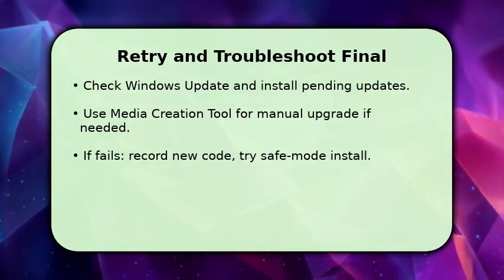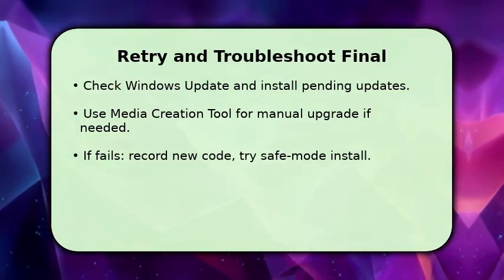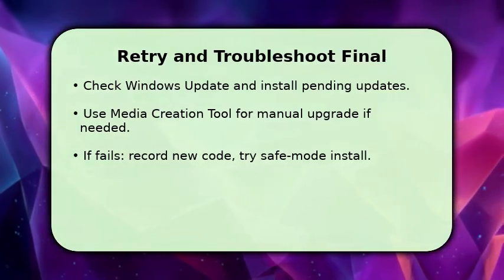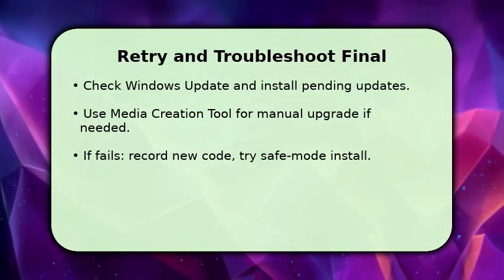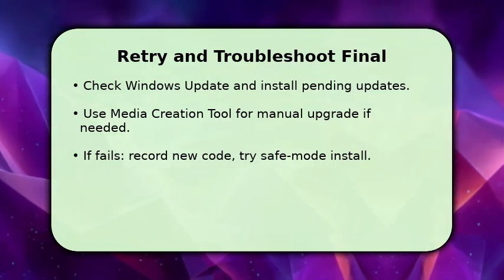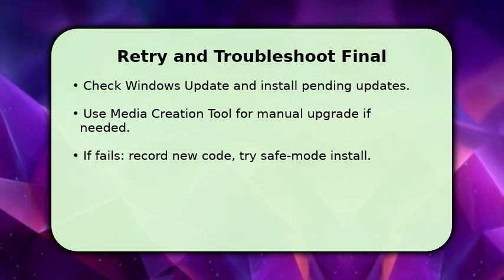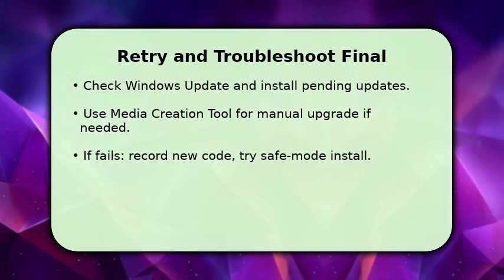If updates still fail, download the Media Creation tool and perform an in-place upgrade to replace faulty components without losing data. If that also fails, reboot into safe mode and try the update or installer. This isolates third-party interference. Troubleshooting tip: if an error persists, note the new error code and search only for